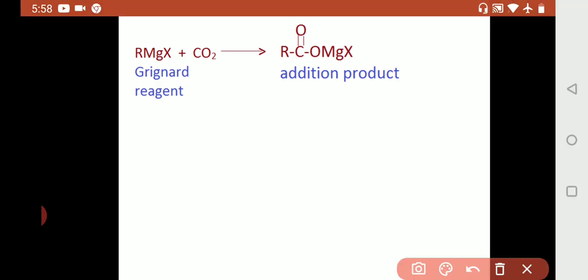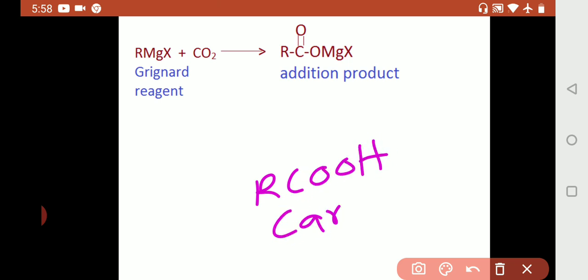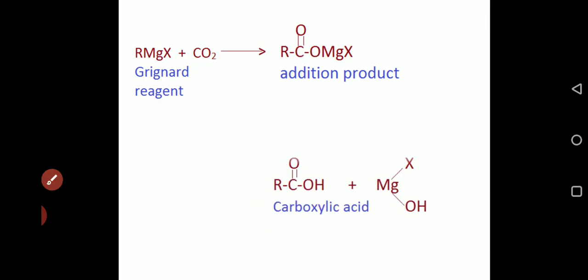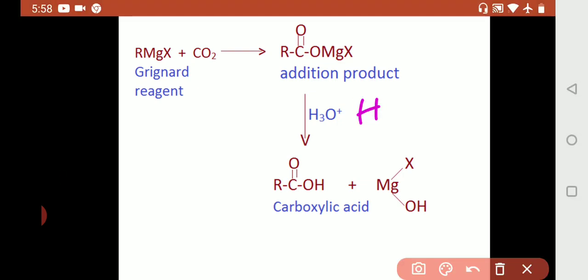Now the RCOOH. What is carboxylic acid? RCOOH is the carboxylic acid. Now the half part has come. RCOO skeleton has come. Simply by hydrolyzing, H will also come. RCOO part, you are able to see this part, RCOO. To get H, what we have to do? Hydrolysis.